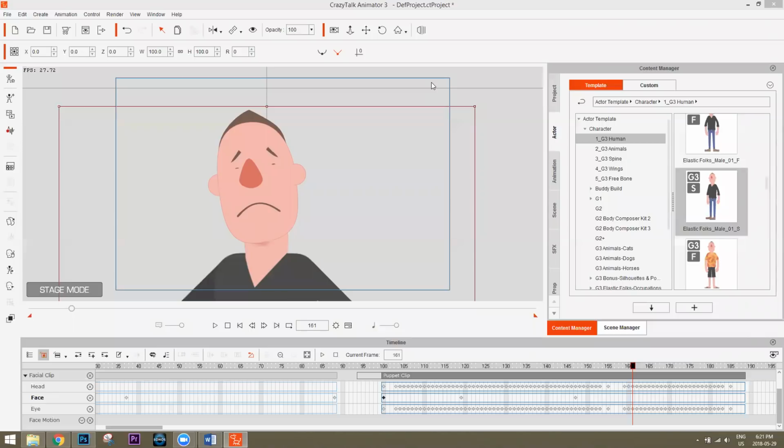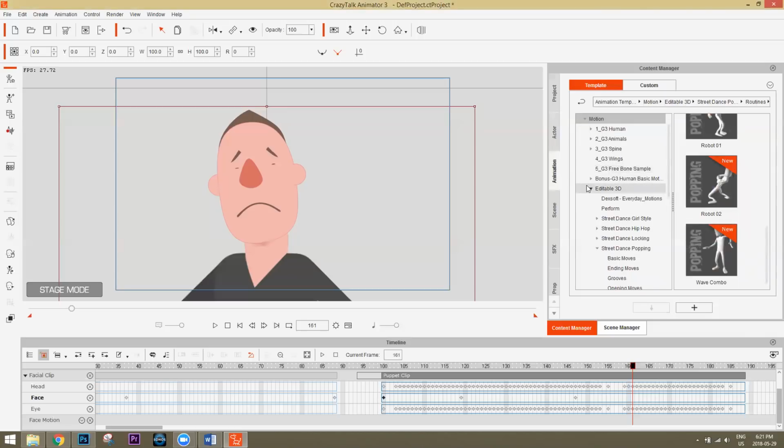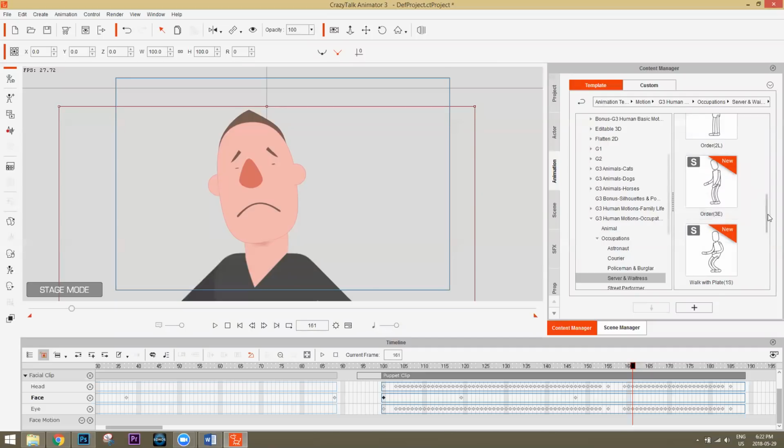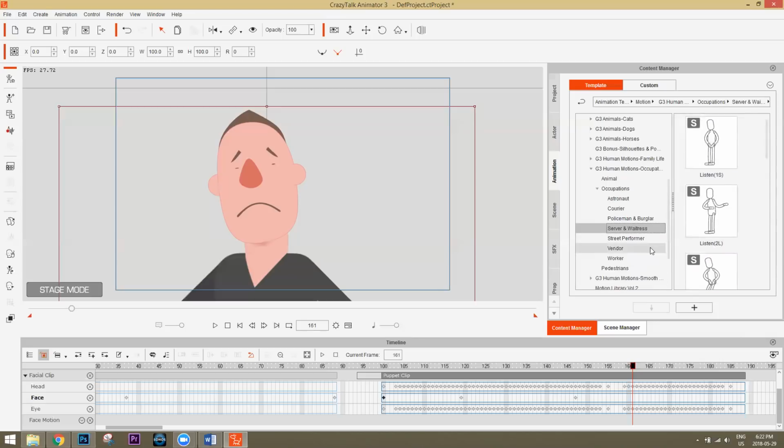Kenneth also asks, could you use a character motion to have the vendor turn his body to hand him the hot dog? Yeah, there's probably a motion like hand hot dog to someone, I imagine. I've installed so many motion packs on my computer that, like we talked about in the last webinar, there's no search function right now, which hopefully we will have in the next version. But trying to search through all this stuff is a little bit tricky. Let's go to occupations. I think there's something in here about order, or there's a server one here. I don't remember. I found one somewhere, maybe the vendor one.